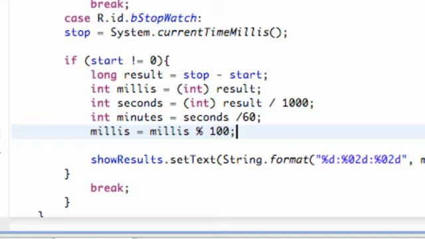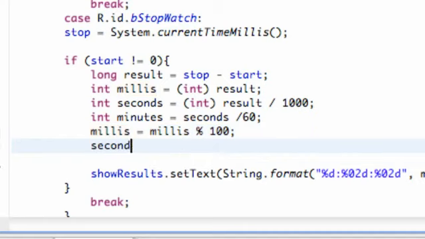What that is going to do is take our milliseconds, divide it by 100, and whatever's left over, take that and set it equal to milliseconds. I don't know if that makes sense, but we're also going to do that for our seconds. So we're going to say seconds equals seconds, take the remainder of